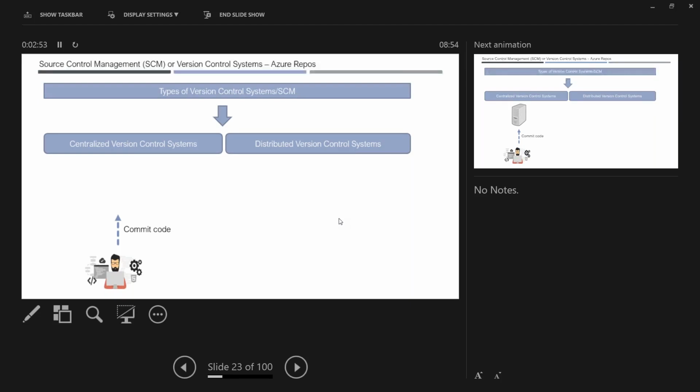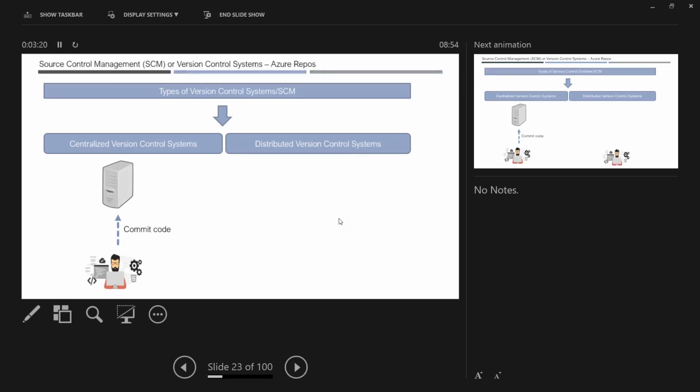If you are an individual, you save it to your local folder. But if you are working on a project, you need to keep it on a server. That server is called a source control management server or version control management server. In a centralized version control system, as soon as the developer is done with his work, he will commit the code. Commit is nothing but saving his work on a server.